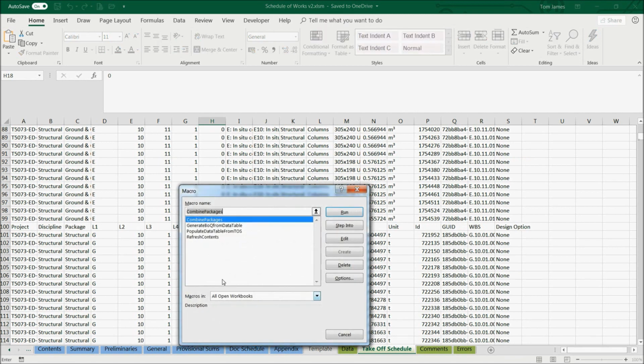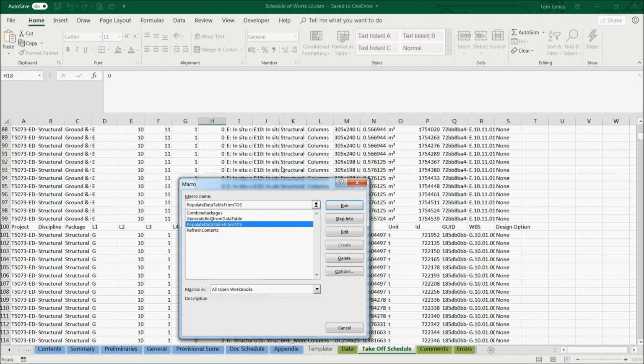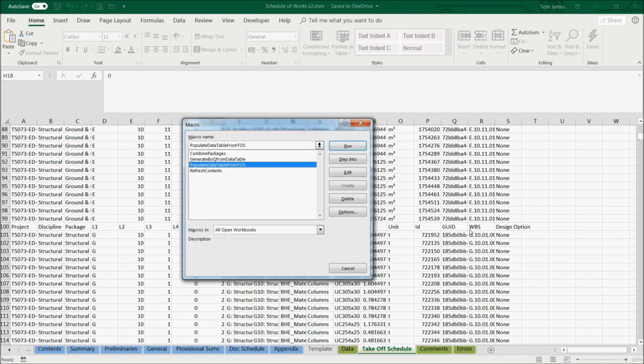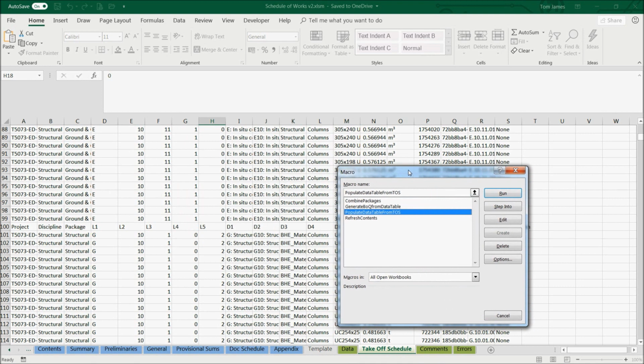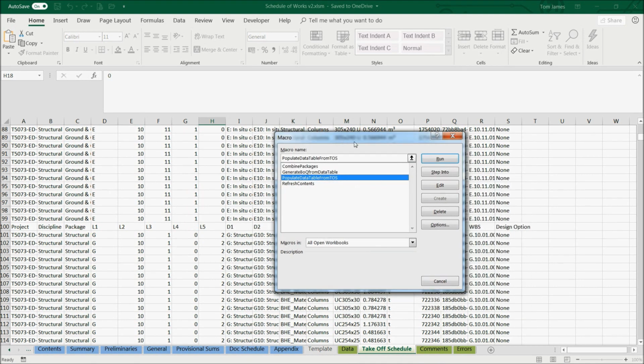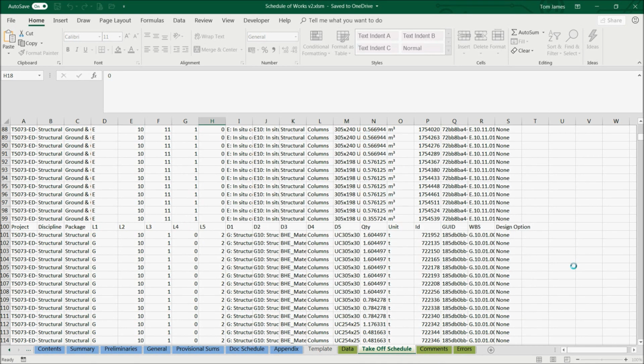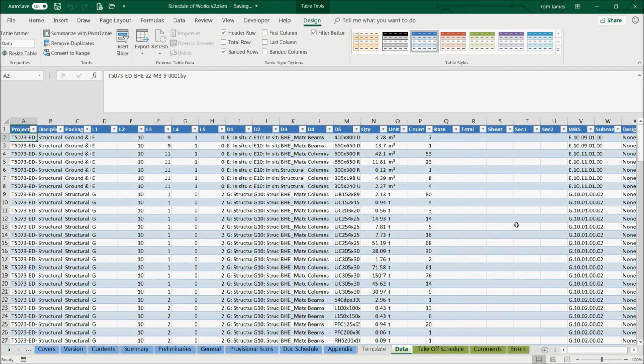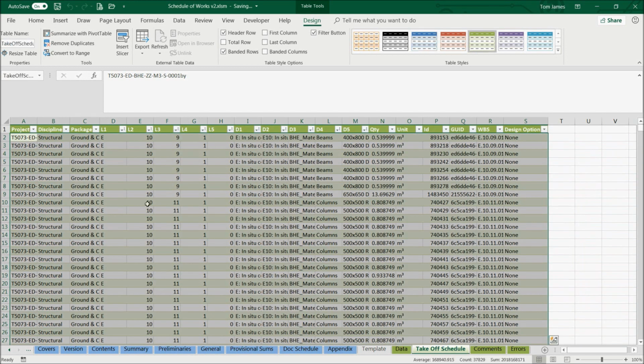table. So if we run populate data table from TOS, the information in our takeoff schedule, which isn't in a table and has erroneous values, will be populated into unique values here, where it's going to sum identical aspects. There may be many elements with the same descriptions, and it's going to combine them into a single entry. So now you can see that we've actually got a table from our takeoff schedule, and we don't have any